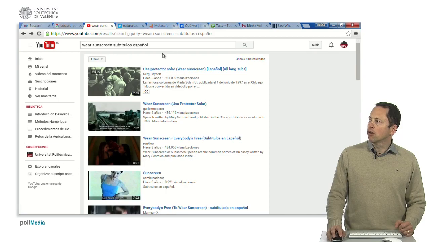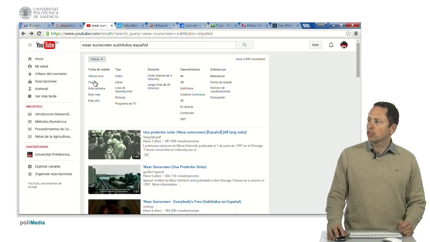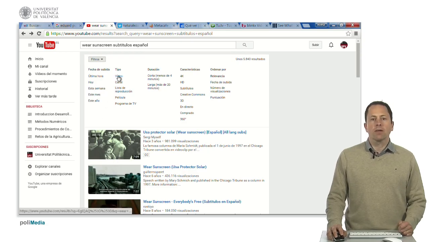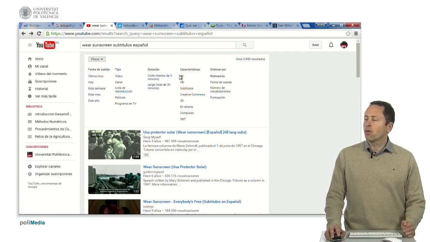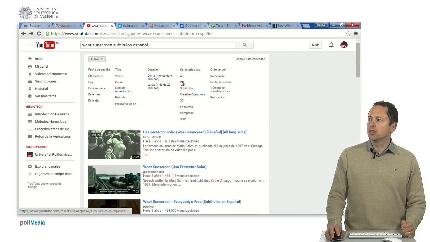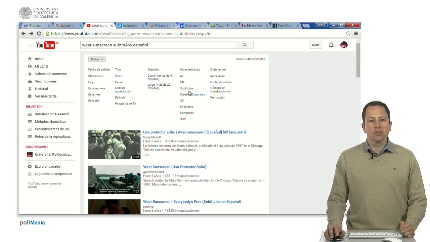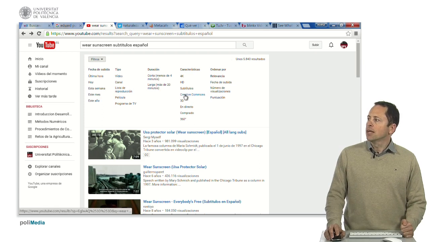Alright, on the other hand, if we want to do a more advanced search, we have filters here. In the filters, we can sort by upload date, video type, whether we want to search for videos, YouTube channels, playlists, or movies. We can specify if we want short or long videos, if we want them in 4K for high quality content, if we want videos with external subtitles as mentioned earlier, or if they are Creative Commons licensed